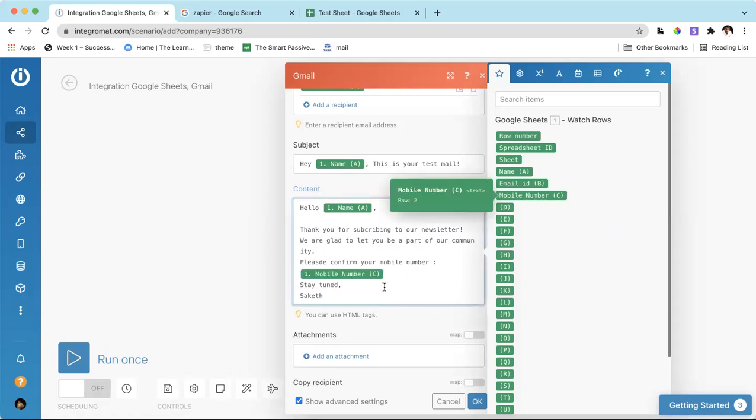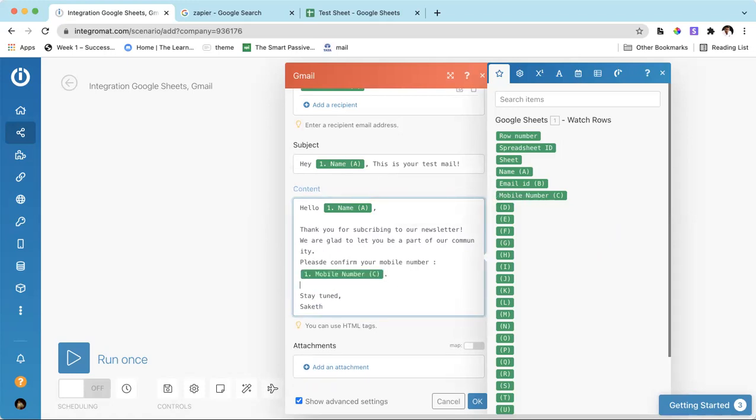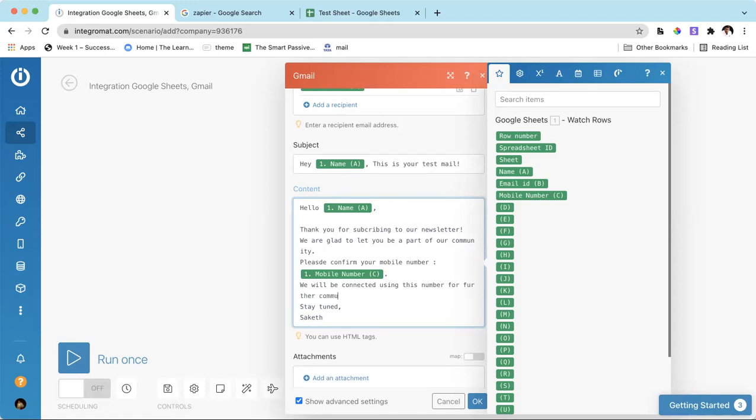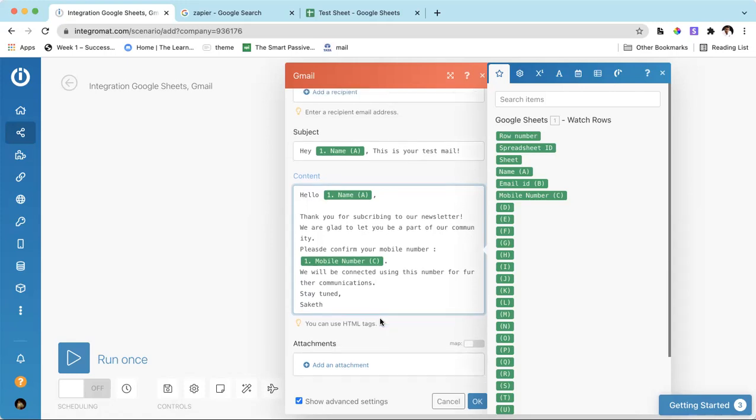This will be the mobile number. I've added it. Full stop, enter. We will be connected using this number for further communications. Okay, this is cool.